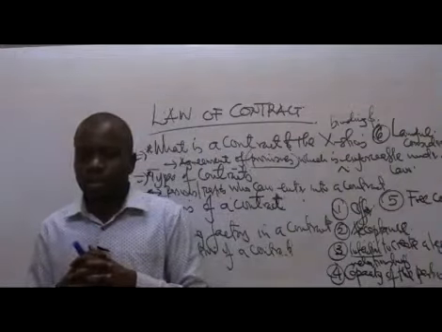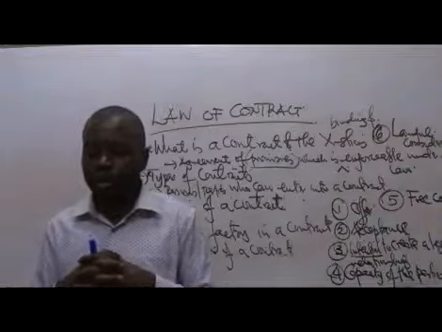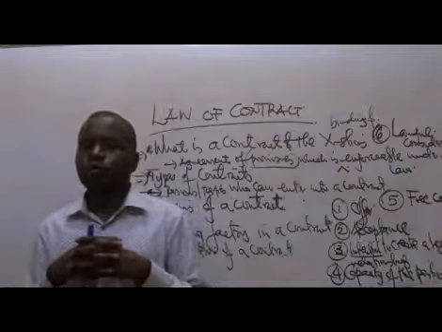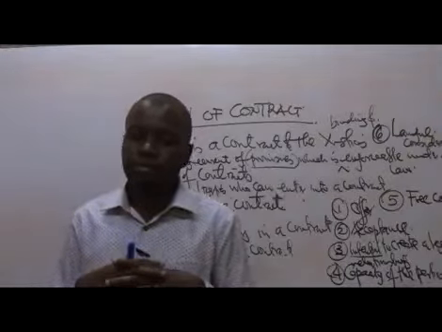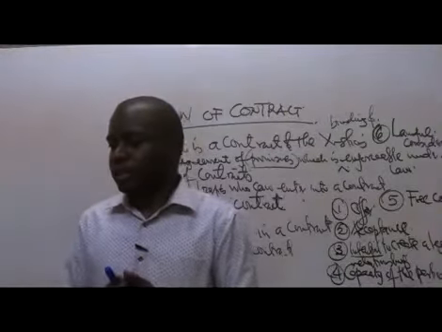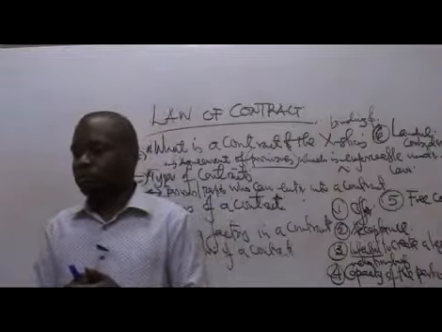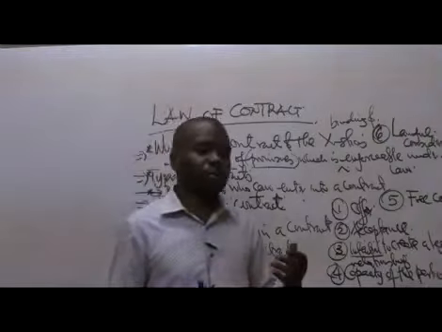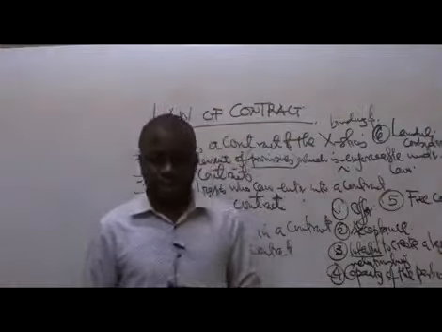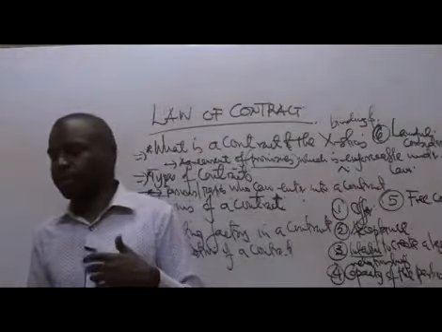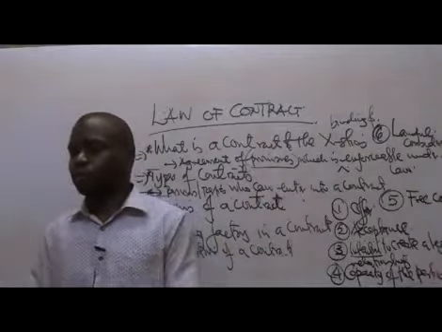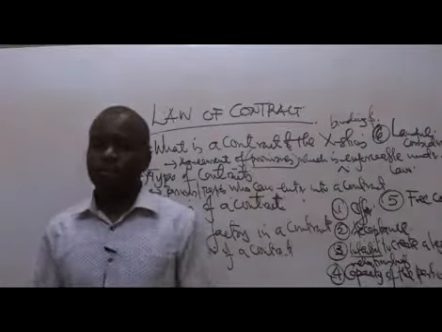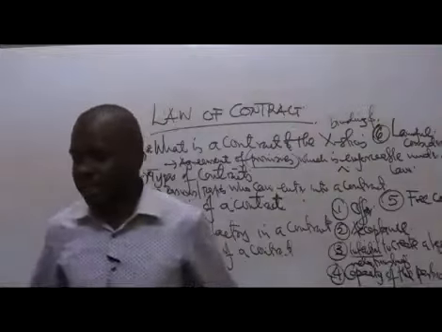So it simply means that before you enter into any contract, it should be out of what we call free consent. So this simply means that, for example, if someone forces you to enter into a contract, then at the end of the day there will be what we call a vitiating factor. If anything arises maybe in future, then that one will be one of the things that can be looked at as that was not a proper contract that was entered into.